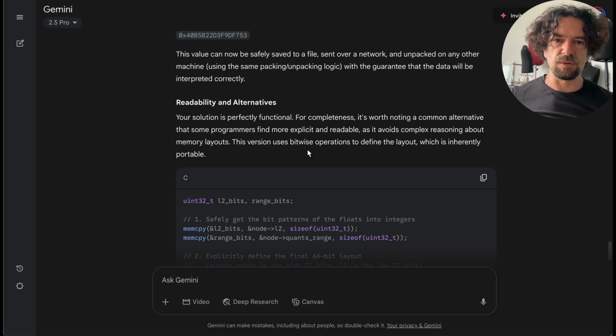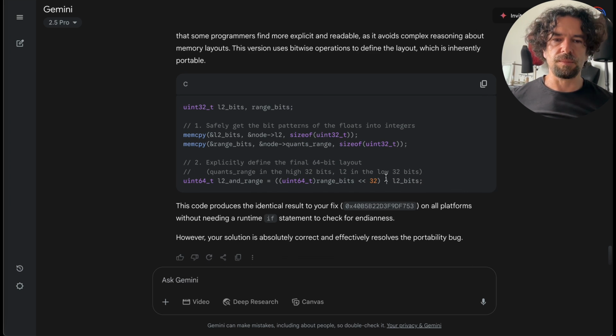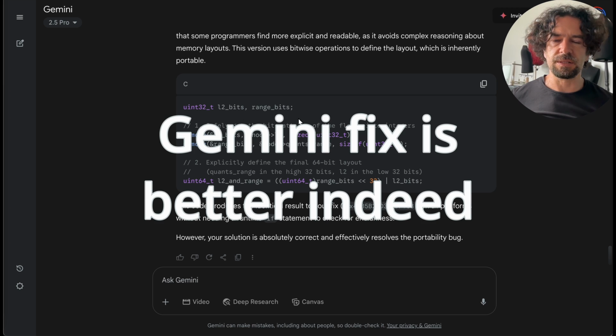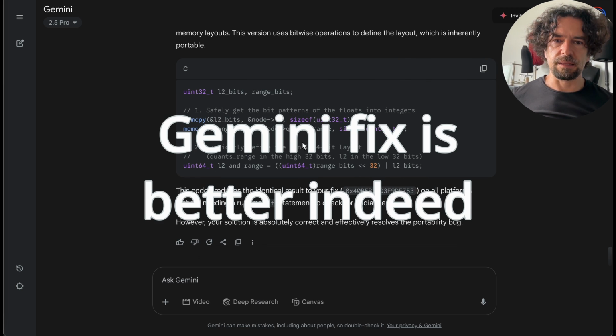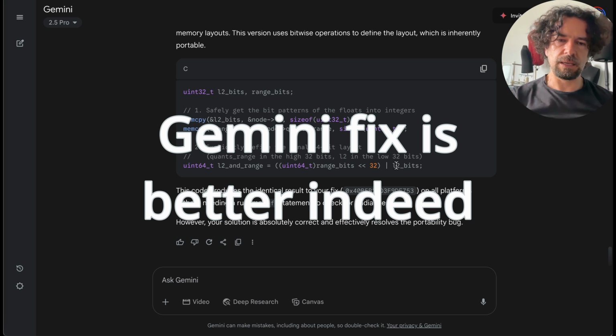This version uses bitwise operations to define the layout, which is inherently portable. Okay, this makes sense. It creates two 32-bit numbers, and then it combines them like that. But in general,